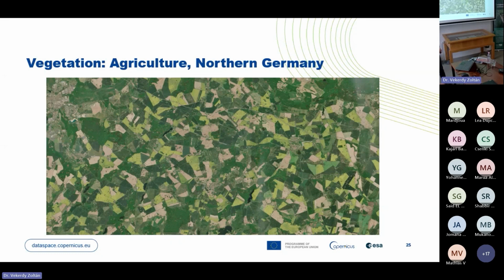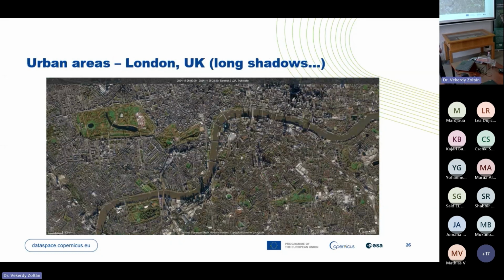So much for my vegetation examples, and we can look them up later. Urban areas, again, shadows come into play here, right? This is a level 2 image, but the level 2 correction is done based on the terrain model, not on the surface model. So buildings are not taken into account there. And the image is from late November. So all these tall buildings are pretty massive, big shadows,